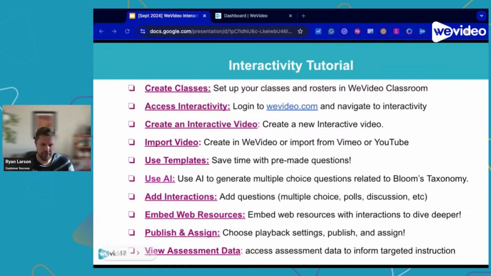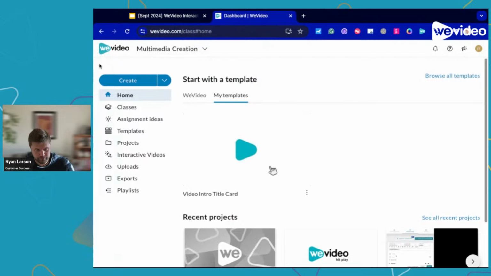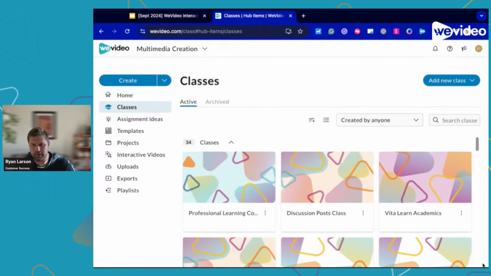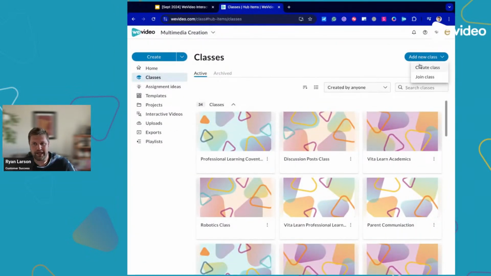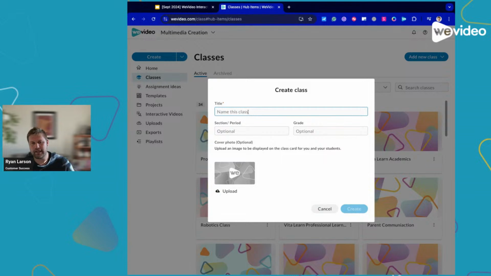I like to show the process of these steps. I know I showed a simplified version, but here's the step-by-step, which we are going to run through together today. To start, I'm going to go to wevideo.com, go to classes, and create a new class. One of the nice things about interactivity is